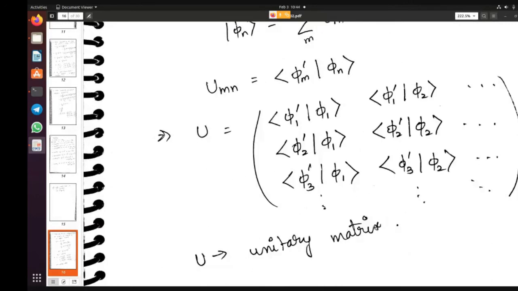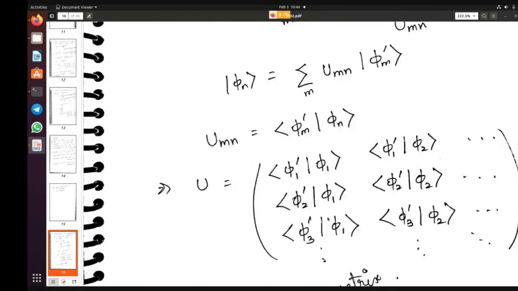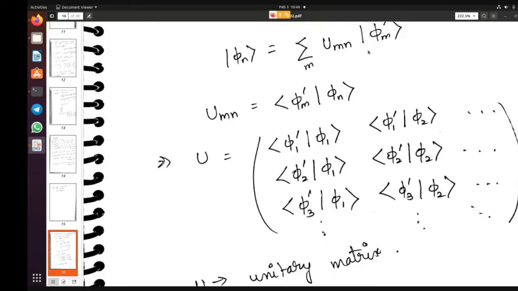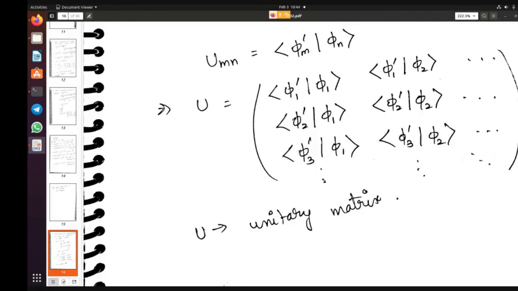So using this unitary matrix, we can transform one basis set to another basis set. We can transform one set of eigenvectors into something else using the other eigenvectors. So each phi n here gets represented in terms of the other basis set, as a summation over the full other basis set. All right, so this formula is again important. Maybe we'll do a problem about it tomorrow.